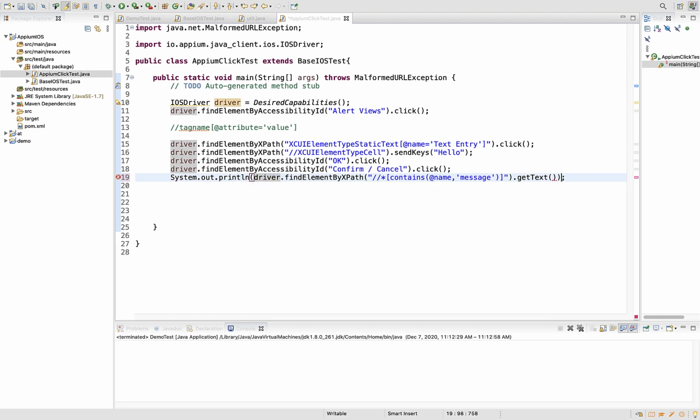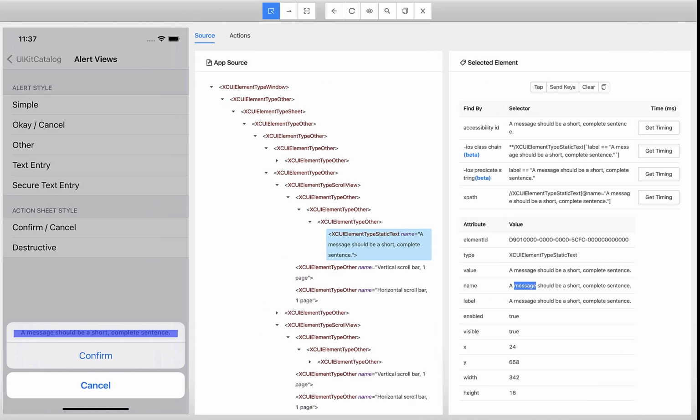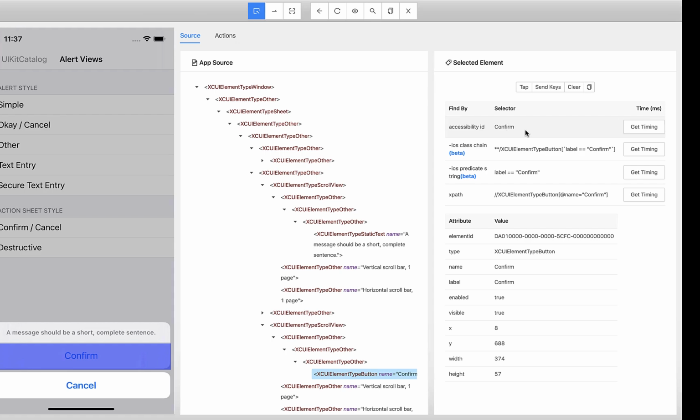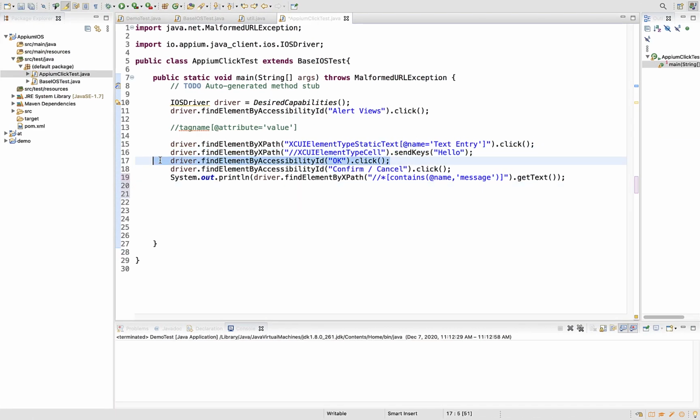So you will see if that is the right text you are expecting. Later you can put assertions based upon which framework you use, like TestNG or JUnit. So for now we will just log it in the output, so that we know that we are able to grab the text from mobile app pages into our output. Okay, right. So once you grab the text, finally you want to select confirm, and for confirm there is an accessibility ID, right? So it's easy for us. So copy this and you can directly provide confirm dot click, and that's all. This is what we want to do in our first test.